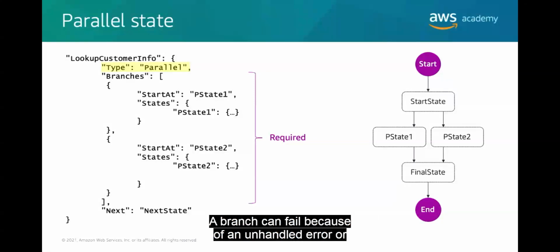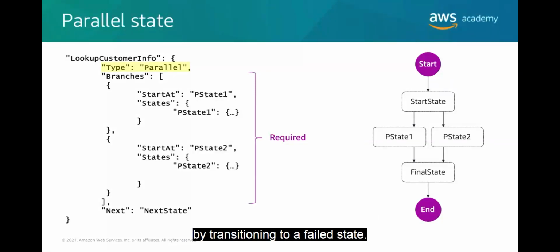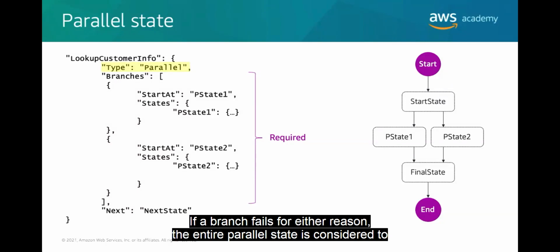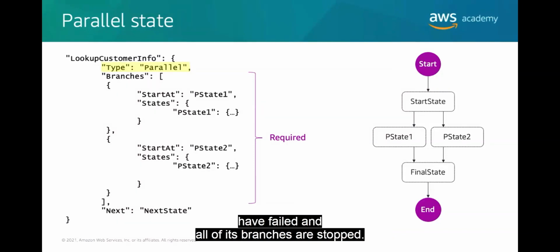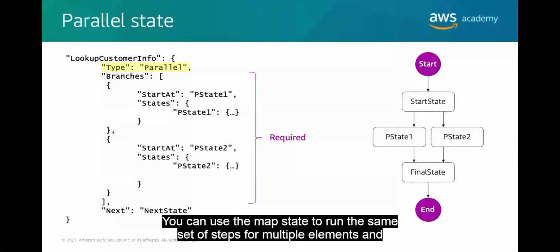A branch can fail because of an unhandled error or by transitioning to a Fail state. If a branch fails for either reason, the entire parallel state is considered to have failed, and all of its branches are stopped. You can use the map state to run the same set of steps for multiple elements in